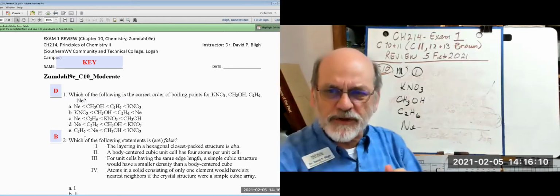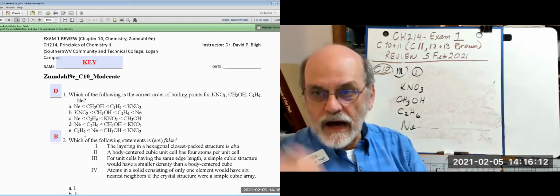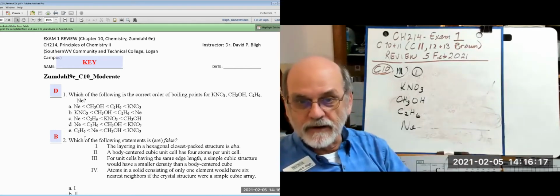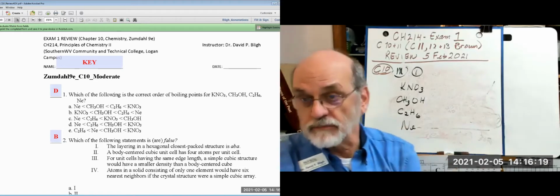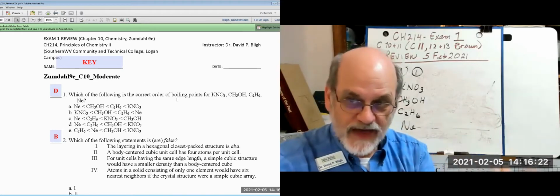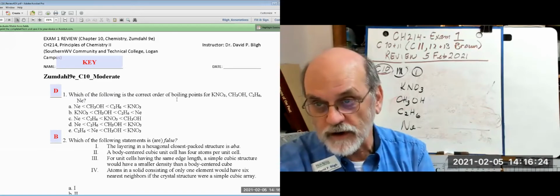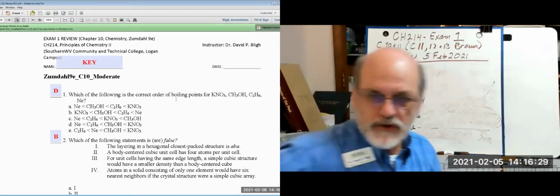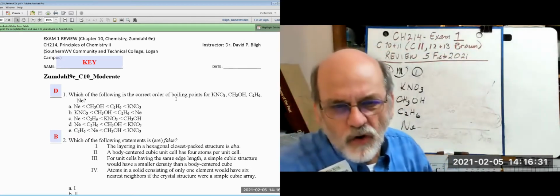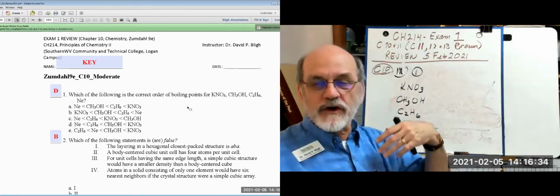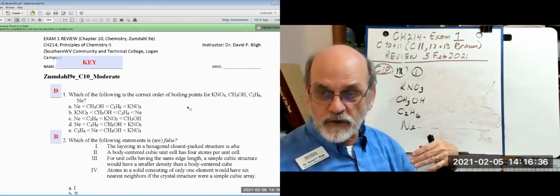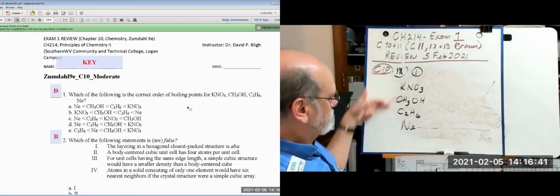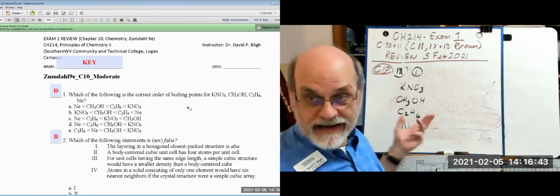Okay, when you have to put things in order like this, what I like to do is nail down the ends, right? In this case, we're looking at boiling points. So we'll find out which one has the highest boiling point, which one has the lowest boiling point, and then we fit the others in the middle. So in order of boiling points, we're increasing from left to right. The first one we want is the lowest boiling point. Which one would that be? Neon, obviously,